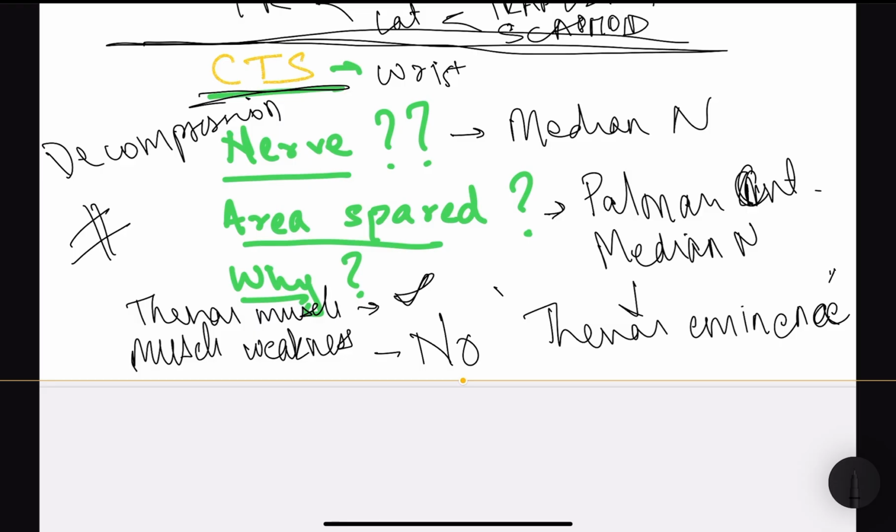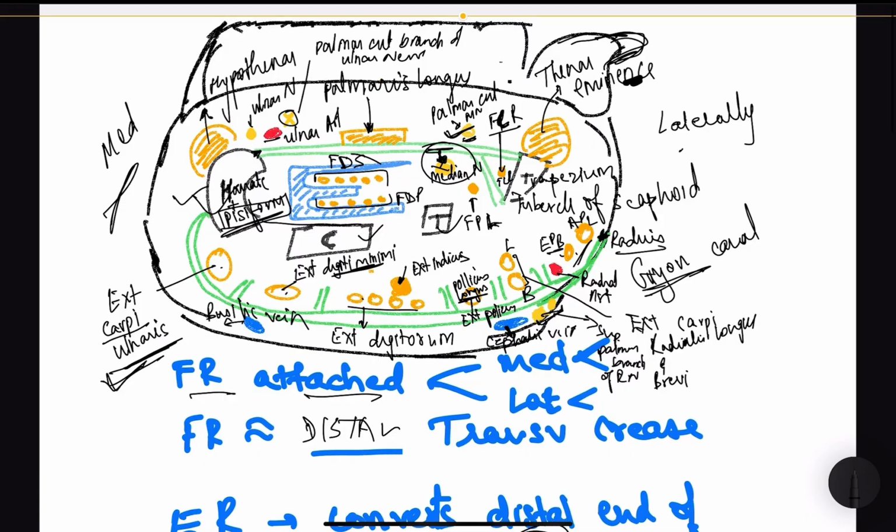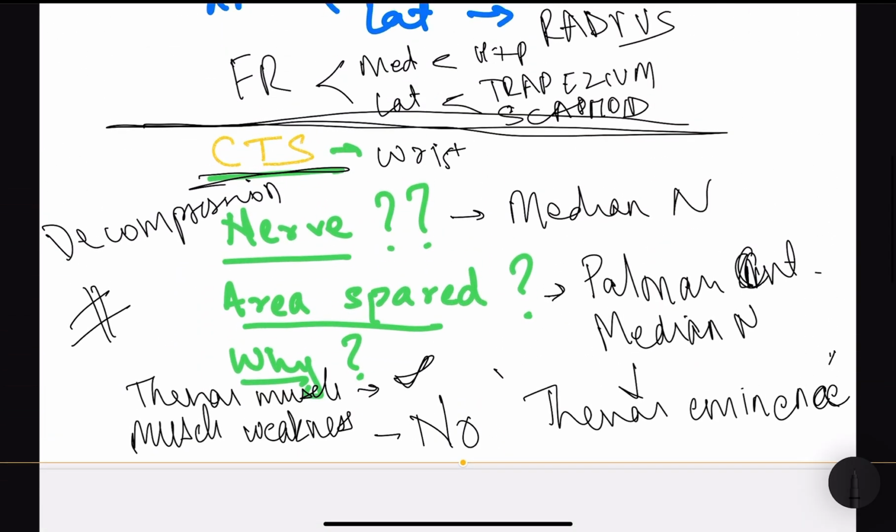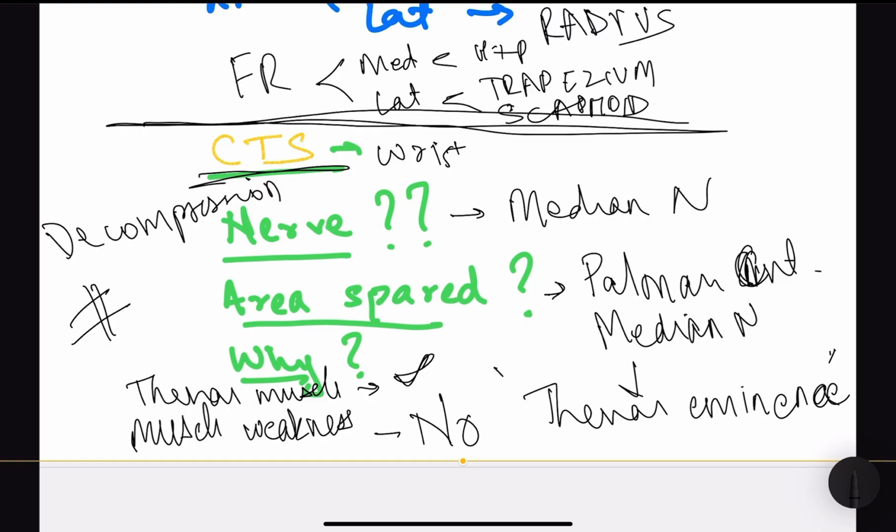Absolutely. Because the thenar muscles are distal to the median nerve at the wrist level. So there's going to be thenar muscle weakness. However, there's not going to be any sensory loss over the thenar eminence. So CTS, if I had to write it down, I would write it down as thenar weak but sensory good,